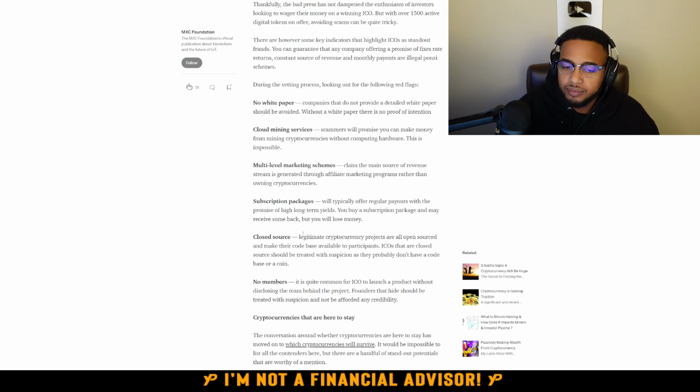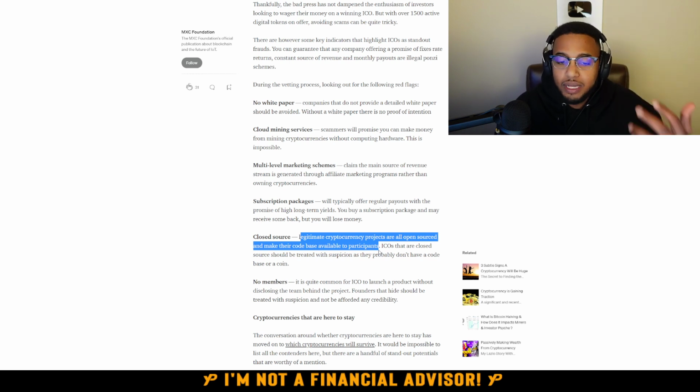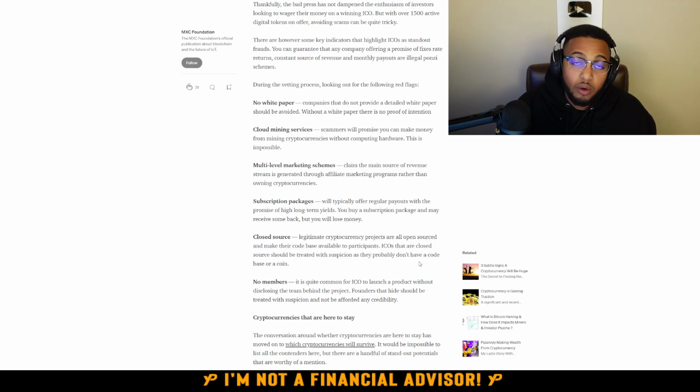Closed source. Legitimate cryptocurrency projects are all open source and make their code base available to participants or investors in their project. ICOs that are closed source should be treated with suspicion, as they probably have a code base or a token they don't have. So one of the big things we need to understand is some people have been